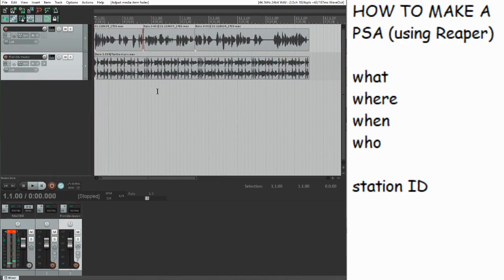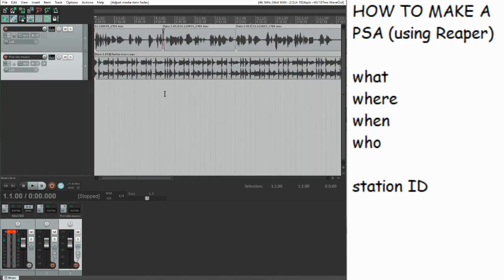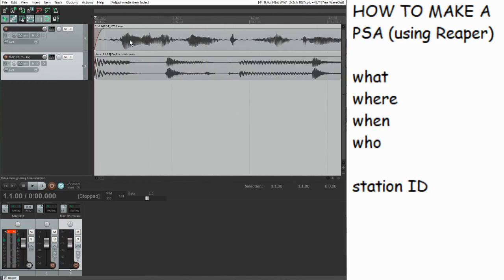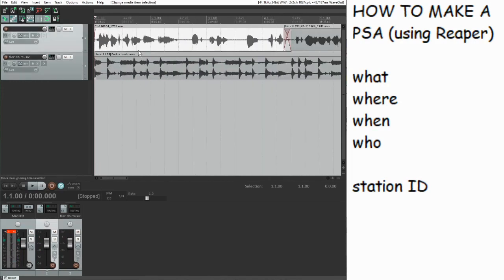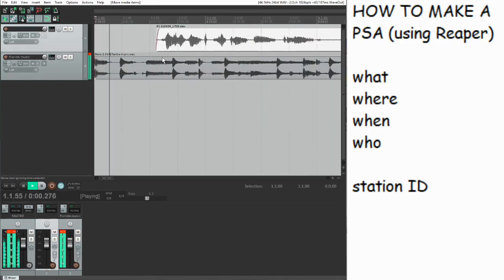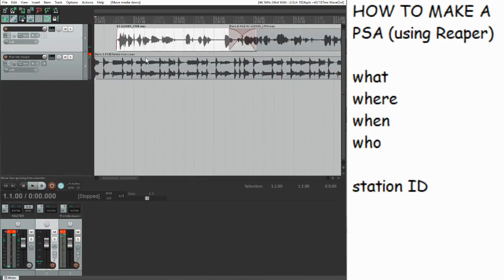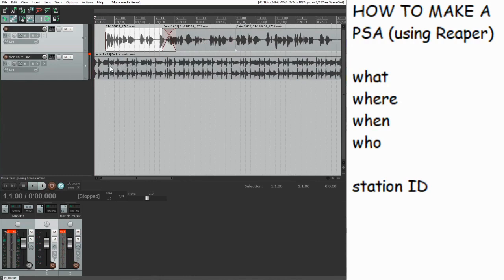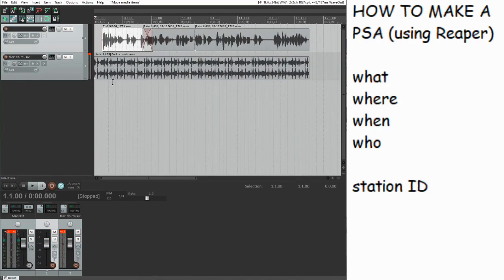Okay, that music's too loud. How do we fix that? So usually I actually start the PSA with like a second of music and then I start talking, so it looks like that. There's an event. So what if we want to have the music at full volume at the beginning and then lower it a little later? By the way, these